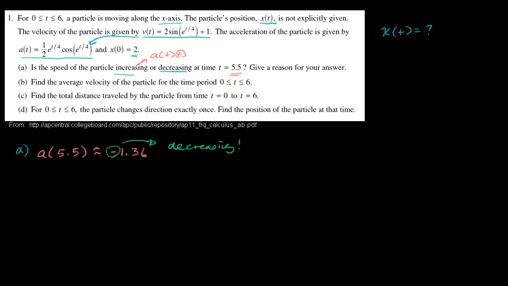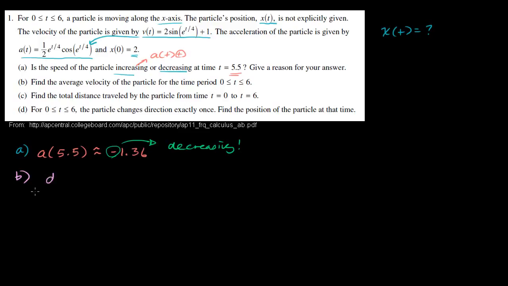Now let's do part B. Part B. Find the average velocity of the particle for the time period between time 0 and time 6. So the easy way to think about this, average velocity, is that your average, or one way to think about it,